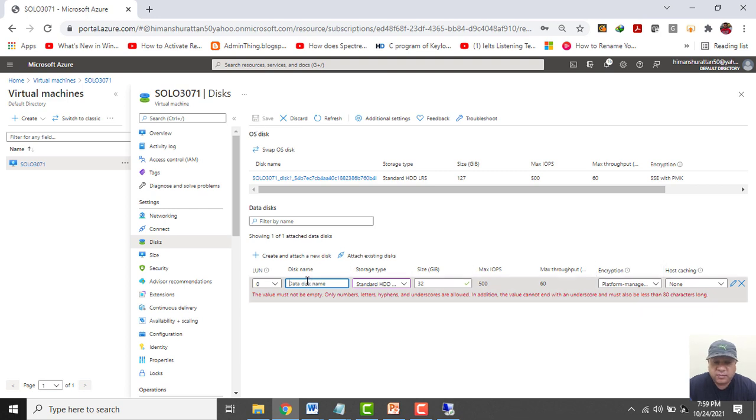Okay, I have to give a name to this disk. Let me give it hard disk 2. Click on save.